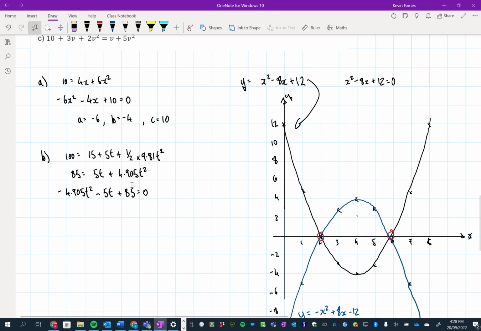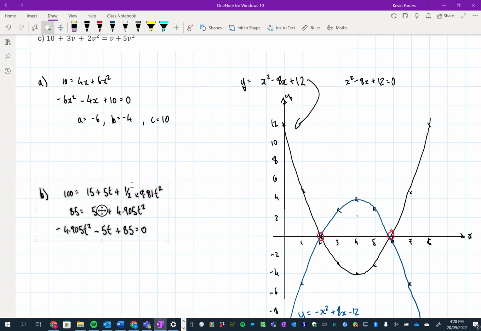Now, there is one thing I could do here, and I might do it above as well. Let me just bring this down a little bit. The negative number's nice when you're doing the calcs. It can be tidier if you use more positive numbers than negative numbers. What I could have done here,